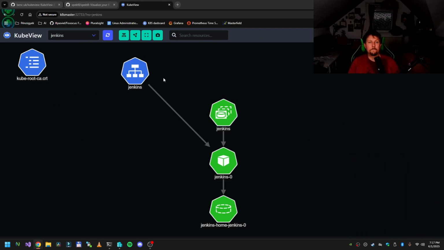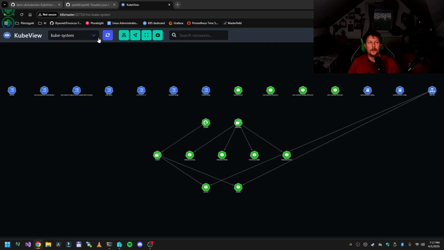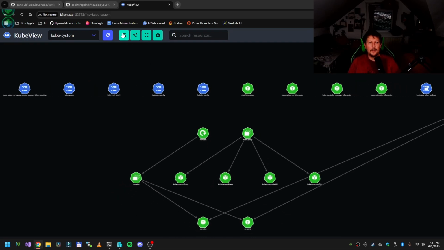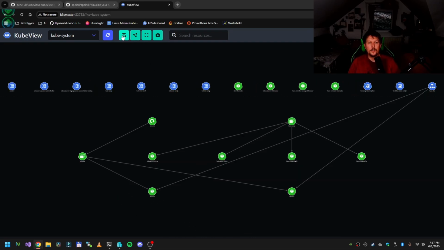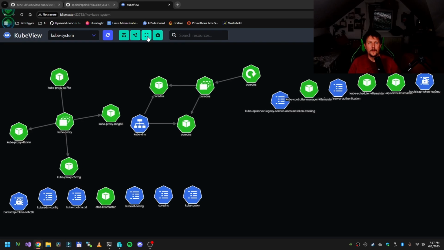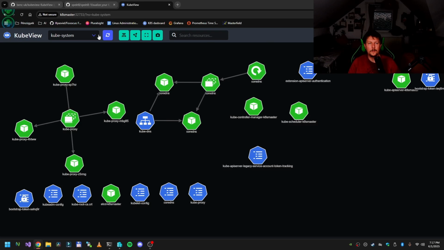So technically that's it. It's pretty straightforward. You can select your own namespace and then change between the layouts, mesh, tree. You can even use the fit view, and take a screenshot if you organize your things. So I think this is a pretty neat way to take a look at your Kubernetes cluster,